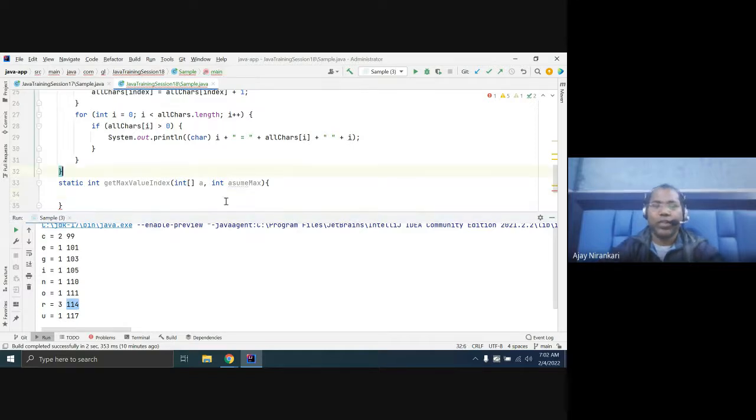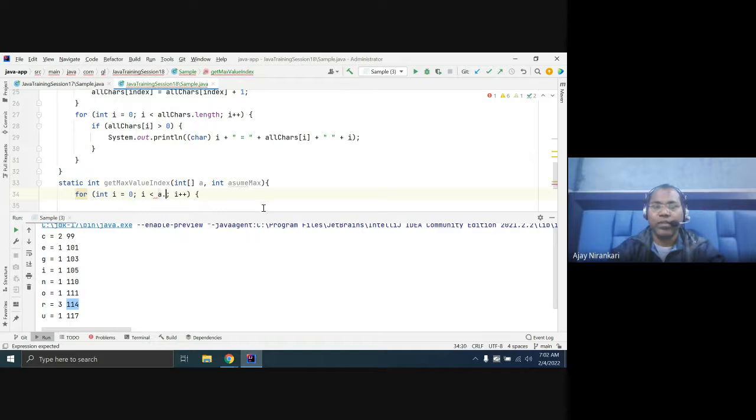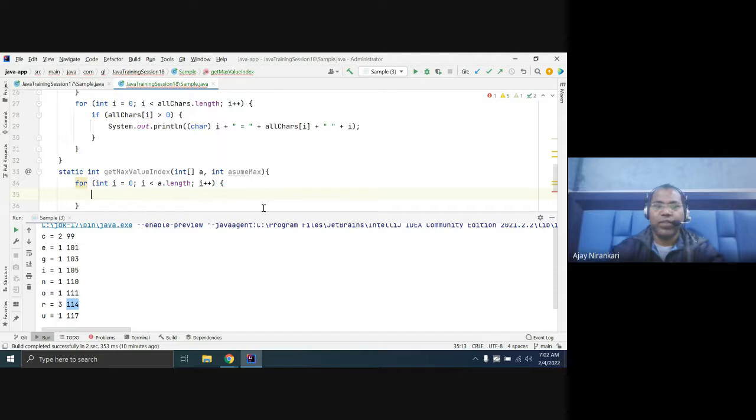So let us write here. Let us assume we have this simple for loop. Whatever array you have, just run up to its length, and compare this value and this.